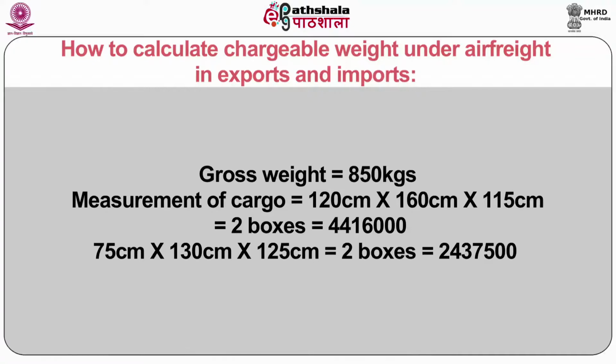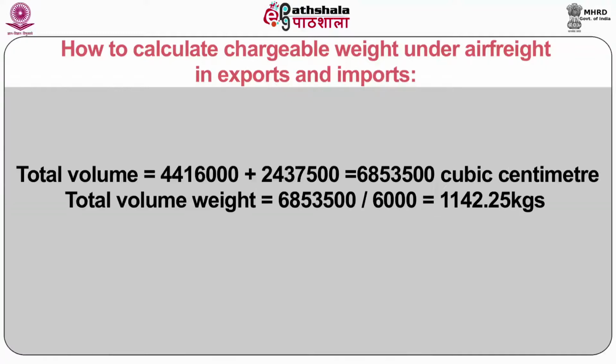75 centimeter into 130 centimeter into 125 centimeter equal to 2 boxes equal to 2437500 centimeter cube. Total volume equal to 4416000 plus 2437500 equal to 6853500 cubic centimeter. Total volume weight equal to 6853500 divided by 6000 equals to 1142.25